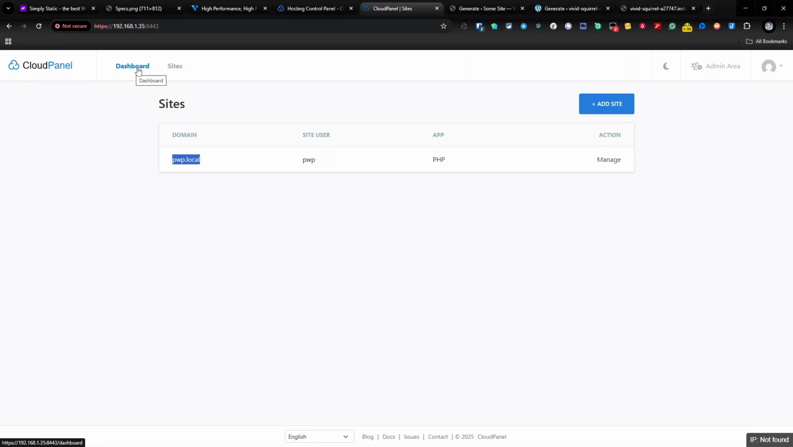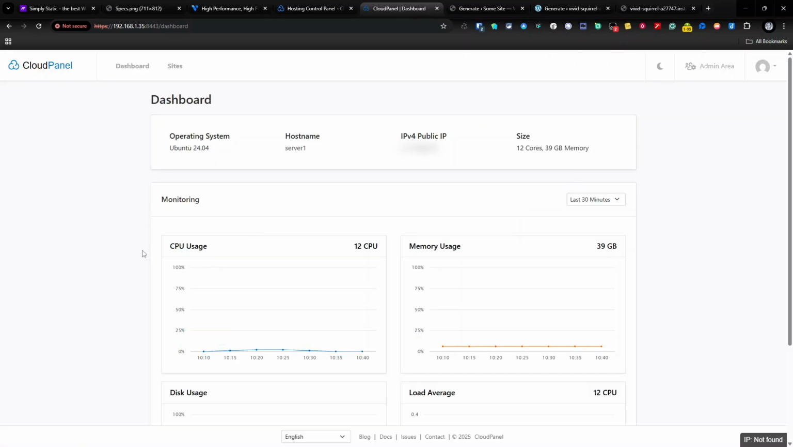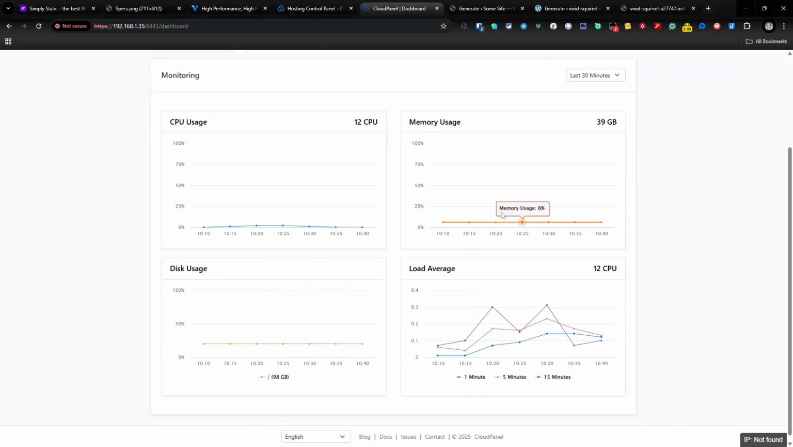CloudPanel. I can do that in another video if somebody wants that. But this is the dashboard, so this tells you what it is, and it tells you the operating system, the host name, the size. So as I said, it's 12 cores, 39 gigabytes. It's 40 actually, but it's just how it works. You can see it basically using nothing, and in fact, I can't show you because they're there from later, but